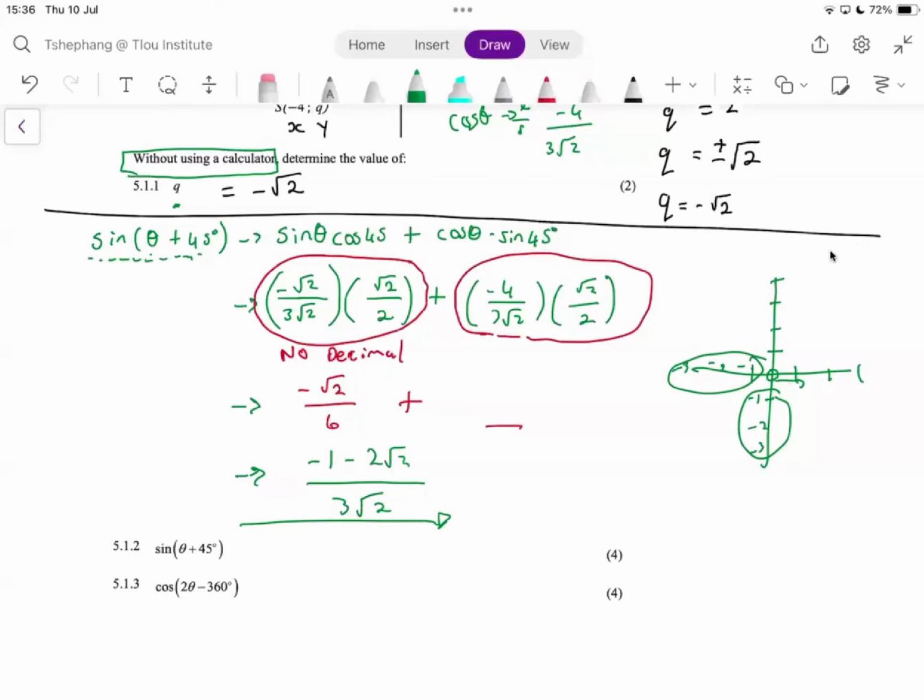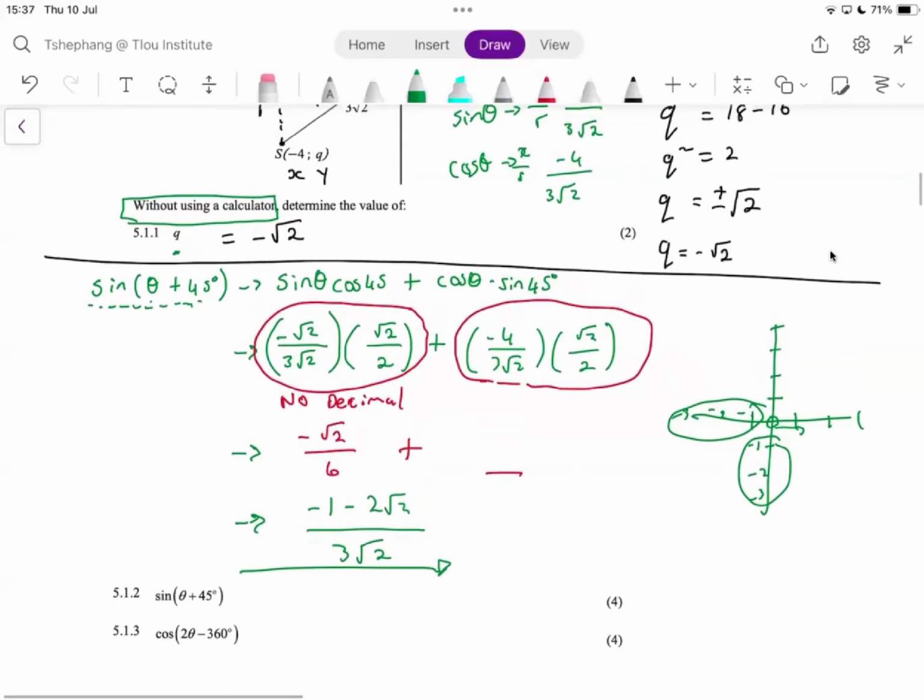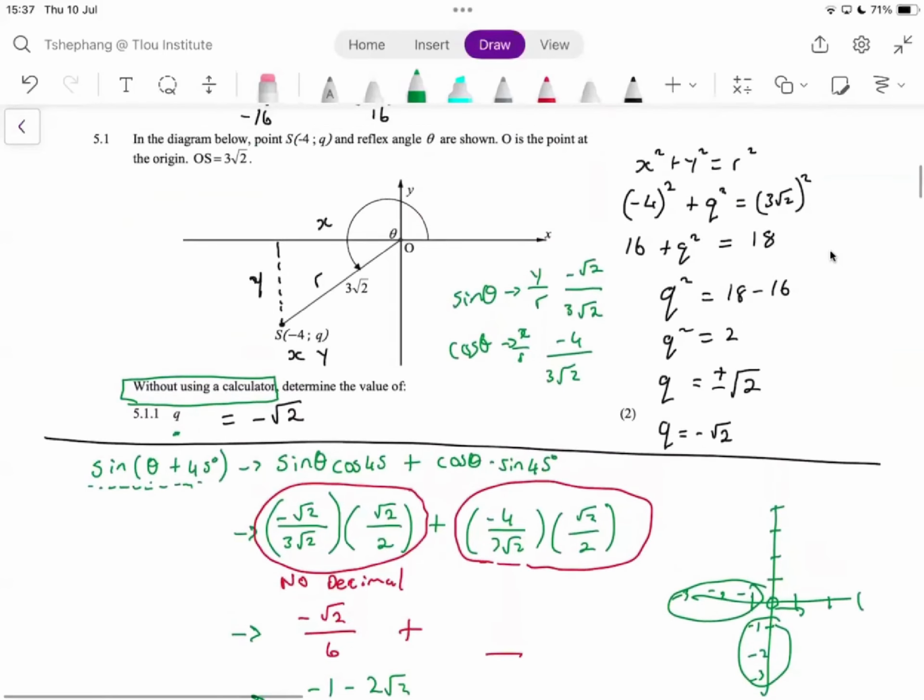Okay, so why is the reflex angle used? Angle in the triangle for sine. Okay, Zachary, I'm going to ask you to maybe rephrase your question. I'm a little bit confused there, but remember that a reflex angle is one that is bigger than 180 degrees, right? Because it's bigger than 180 degrees, it's in the third quadrant. It's not in the S, but it's in the T quadrant. So CAST, that is T. Okay.